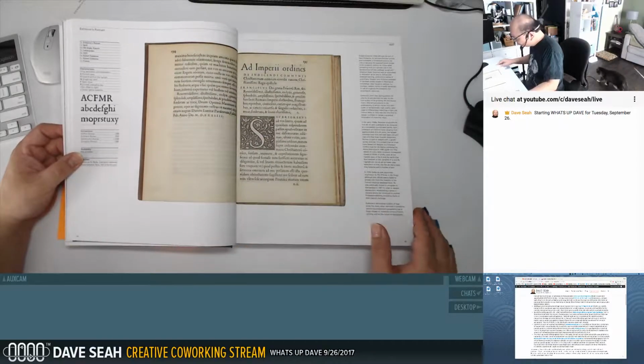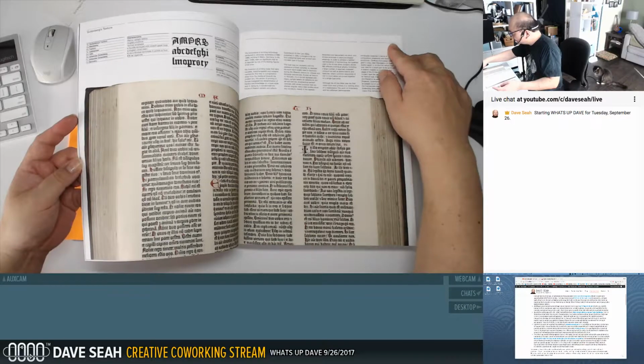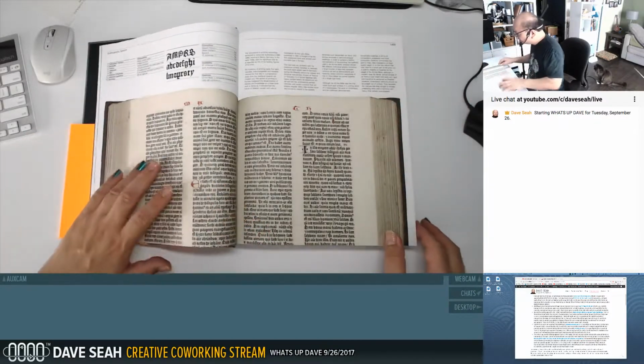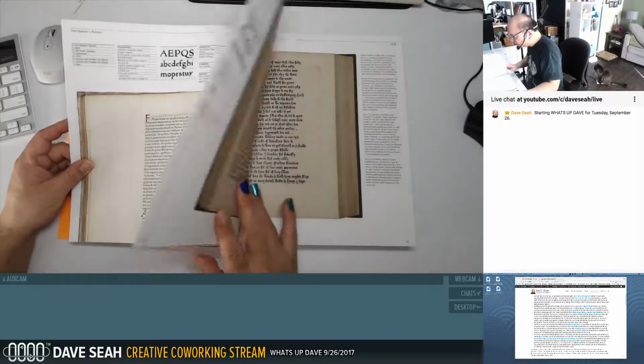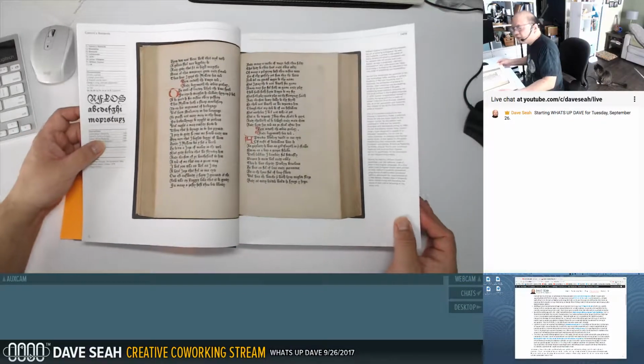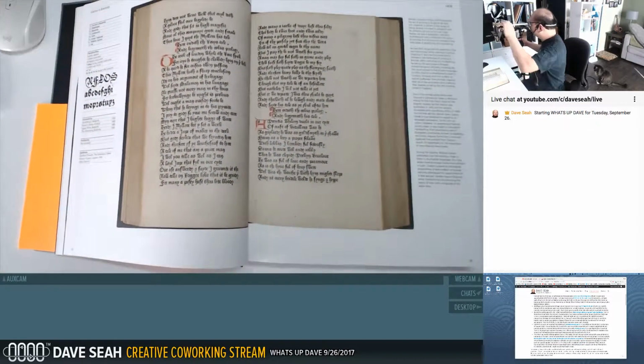So I wonder if this is organized. Oh yeah, this is organized by year, it looks like. Yeah, right. I just saw that in the table of contents. So nice. It'd be nice to just be able to become familiar with this. If you like letter forms and stuff like that, I mean, this is the book for you.